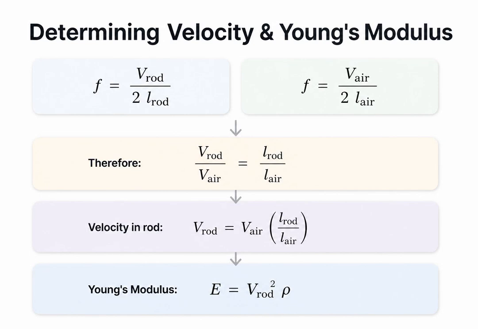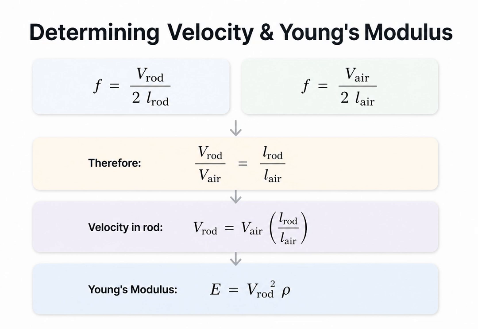Kundt's tube is incredibly versatile. Since the vibrating rod and the air column share the exact same frequency, we can set up a direct ratio between their wave velocities and wavelengths. If we know the speed of sound in air, we can instantly calculate the speed of sound in the rod. Furthermore, by combining this with the rod's density, we can calculate its Young's modulus, linking acoustic measurements directly to mechanical